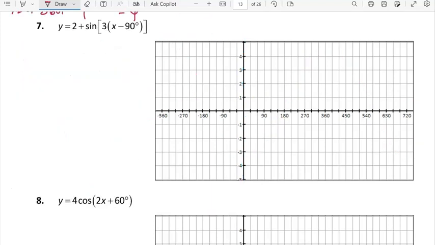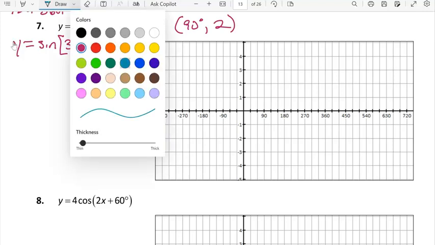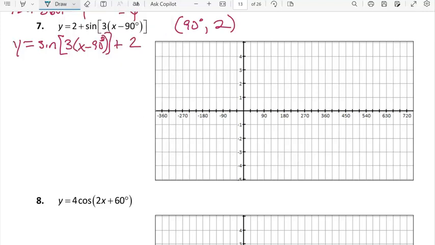For number 7, if we use the new origin approach, you may want to rewrite this as y is equal to sine of 3 times (x minus 90) plus 2. And then we can see that the new origin will be at 90, 2. So we're translating right 90 and up 2. So I'm going to draw that new x and y axis in. So over 90